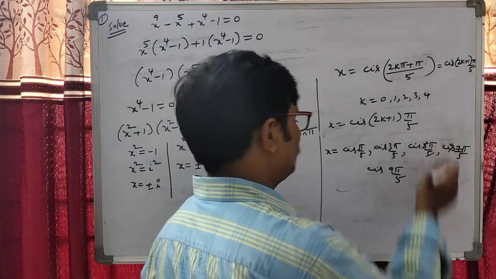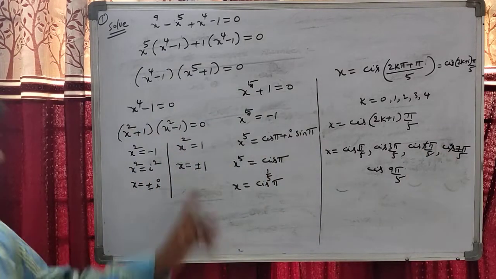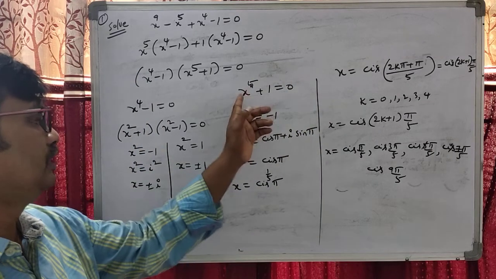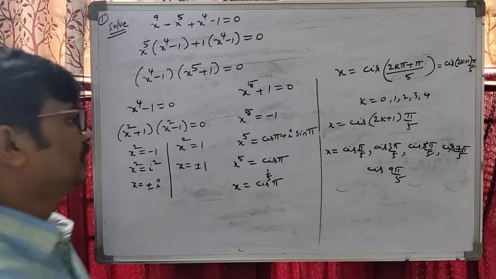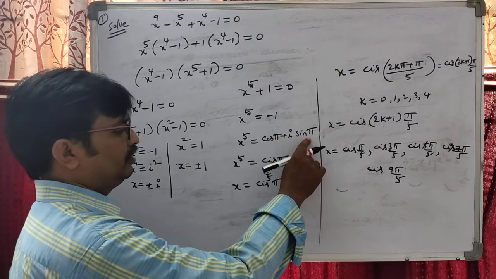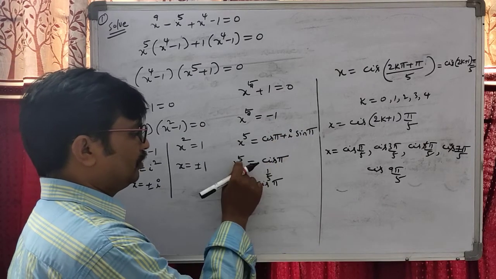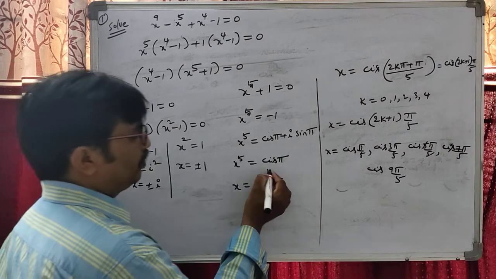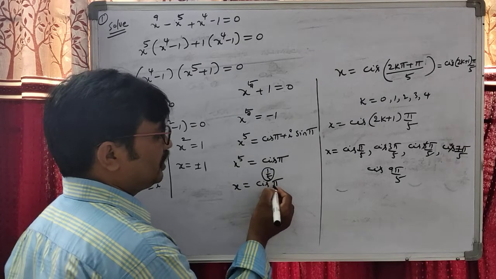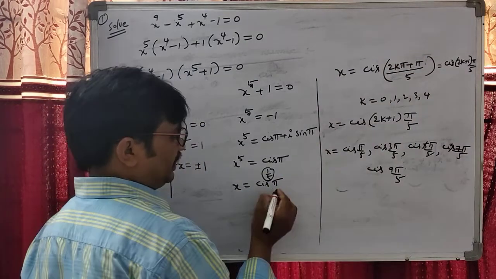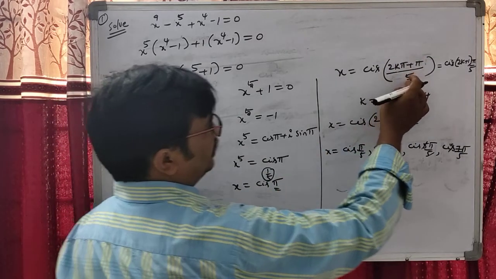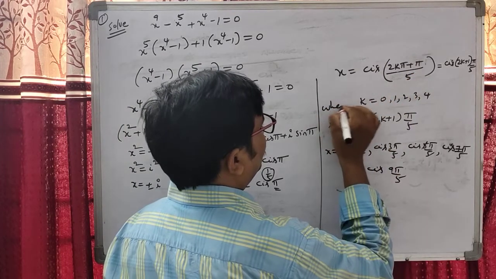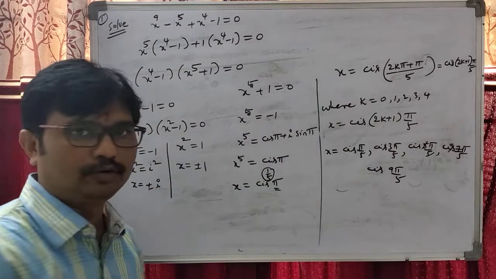This is cis pi, which means again we get minus 1. So, my dear students, this is x power 5 plus 1 equals 0, that is x power 5 equals minus 1, that is cos pi plus i sin pi, which is cis pi. The power 5 sent to the other side gives whole power 1 by 5. We know that for 1 by n, just now we discussed cis of (2k pi plus theta) upon n, where theta is pi and k equals 0, 1, 2, 3, 4.